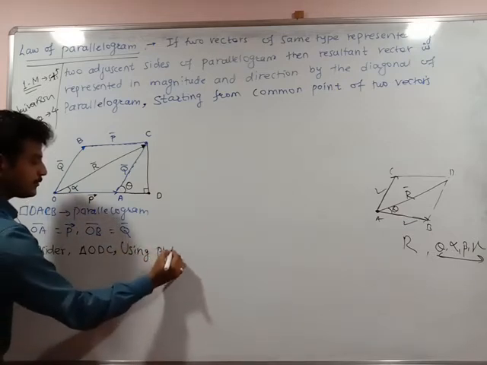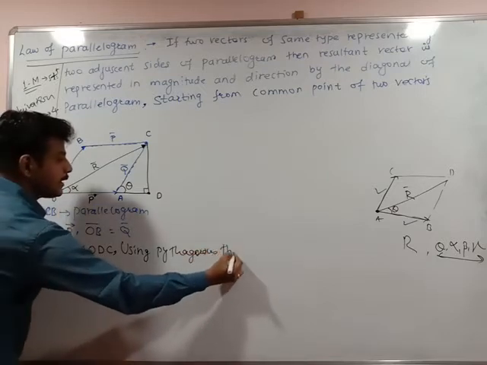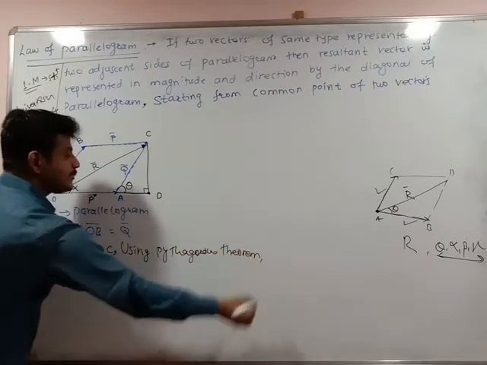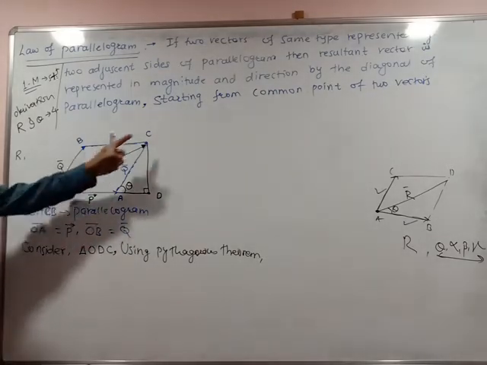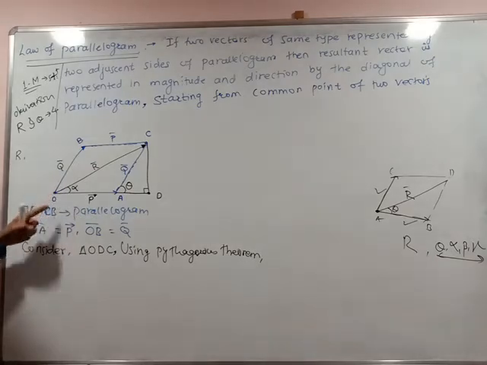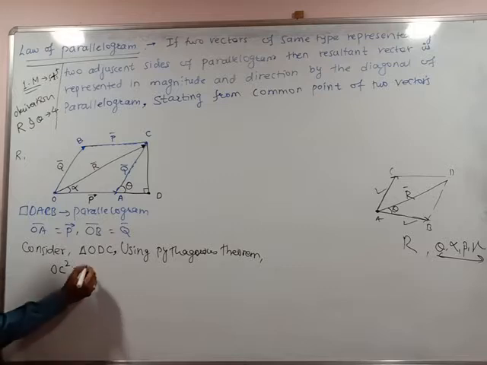Using Pythagoras theorem. This theorem you know very well. Pythagoras theorem, what will it be? What is this triangle? When sides of the triangle are given, using the Pythagoras theorem, I can say here OC square is equal to